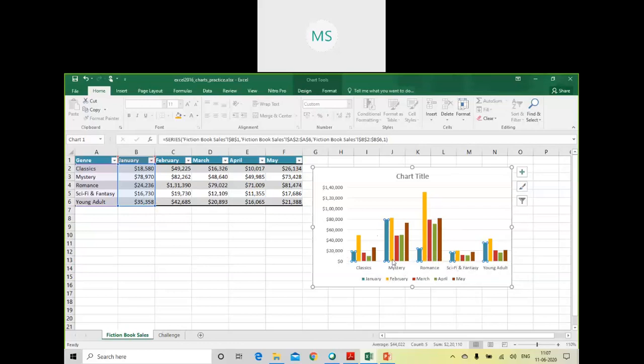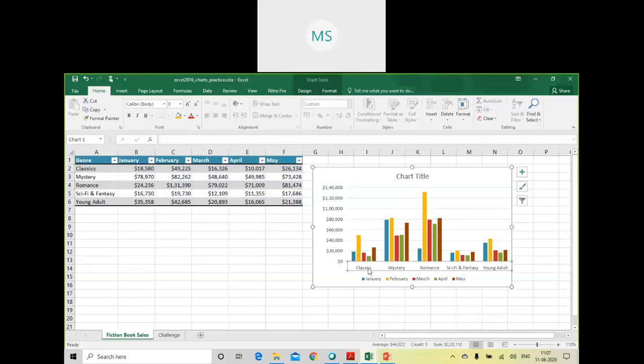Now the moment I click on this yellow column, the column C is highlighted, which consists of February sales data. So this is how it is done. Now the moment I click on this particular thing, it represents all your genres. So that becomes the column, meaning one column will consist of the sales related data to Classic only.